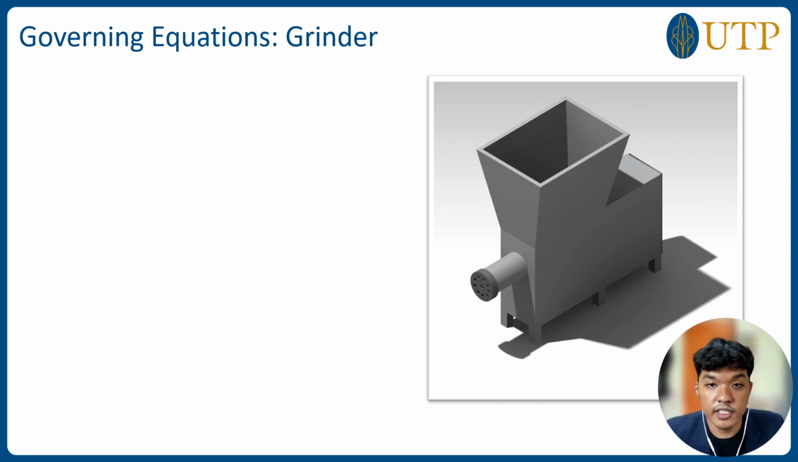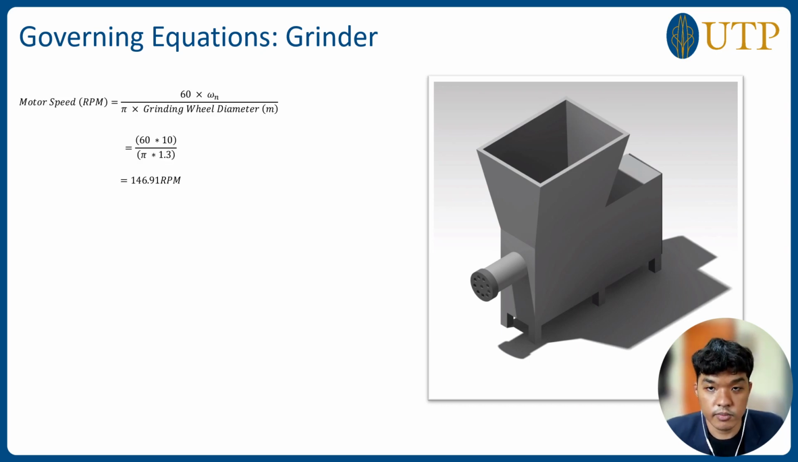So the first governing equation is for the grinder. The first equation is motor speed. This equation relates the motor speed in revolutions per minute to two crucial variables: the angular velocity of the motor and the diameter of the grinding wheel. The angular velocity represents how fast the motor shaft rotates, while the grinding wheel's diameter dictates the distance traveled by